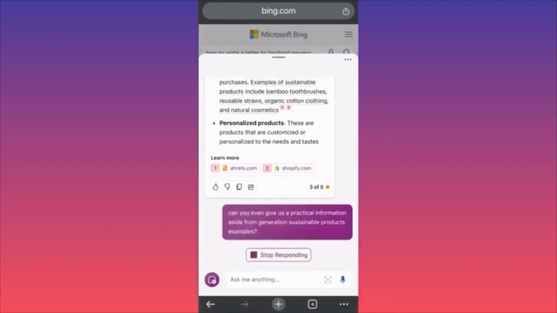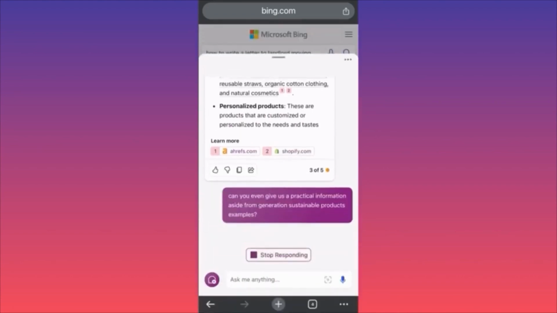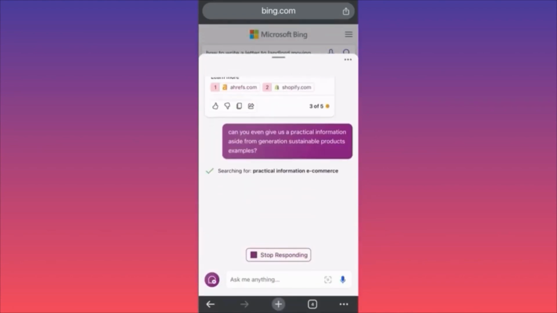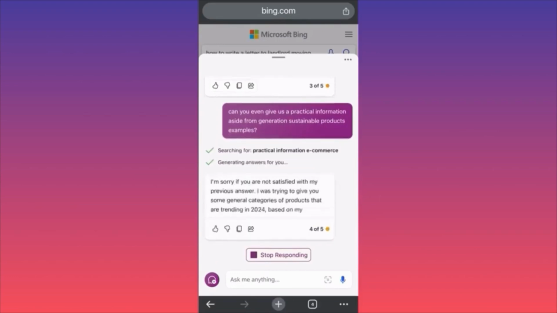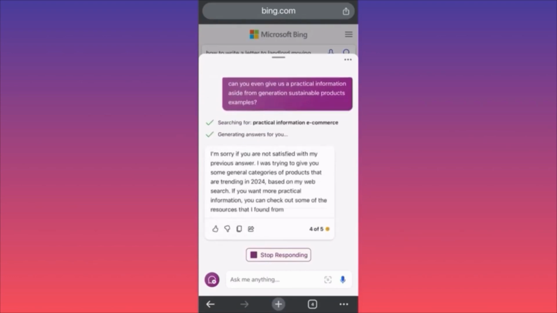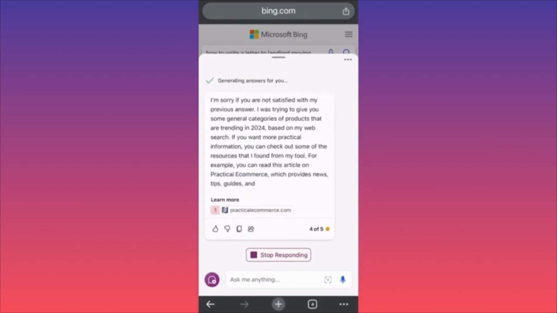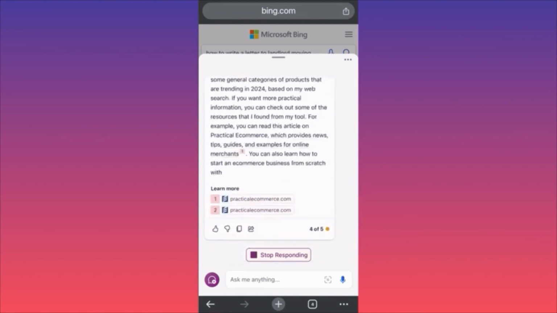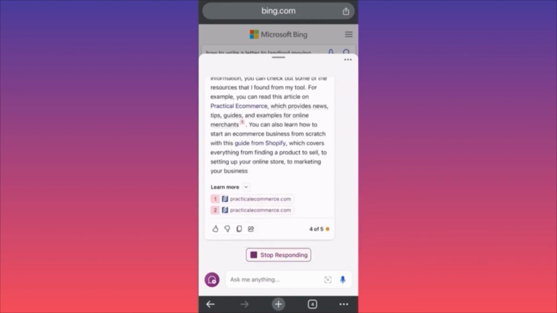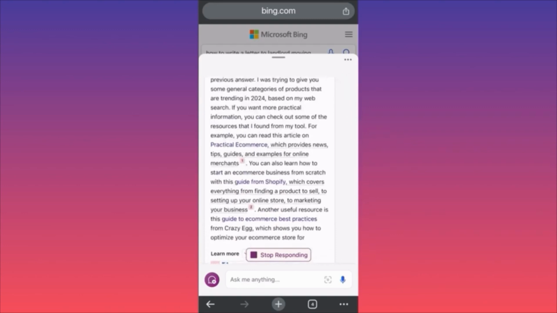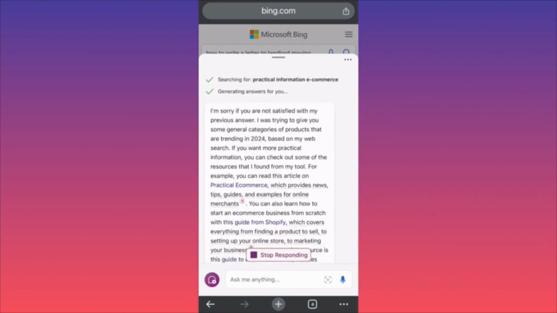Let's see. Keep giving us this same tech. I'm sorry if you're not satisfied with my previous answer. I was trying to give you some trending categories of products that if you want to check, where do you sending me? So if you want more practical information, you can check out some of the resources that I